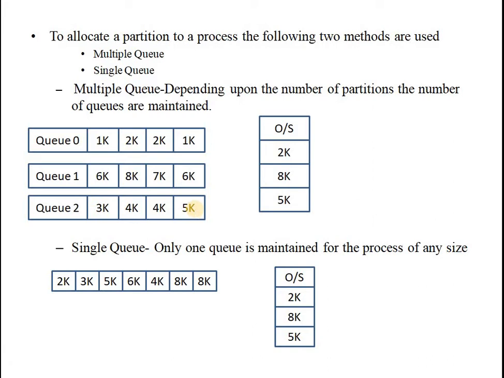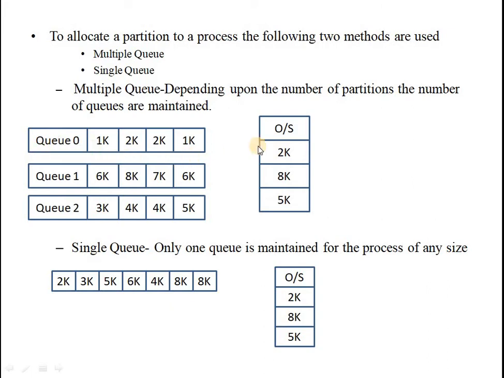Depending upon the size, the processes are transferred to an appropriate queue. The processes from the appropriate queue are loaded into the appropriate partition. The problem with multiple queues is that if there are a large number of small processes, then the small process queue will be filled completely and the larger process queue will remain empty. Therefore, to avoid this problem, a common or single queue is maintained.